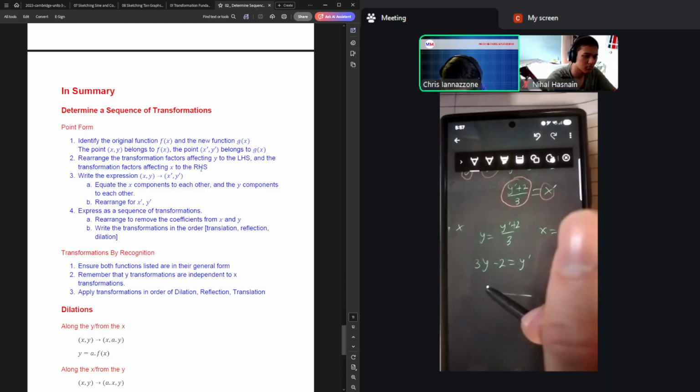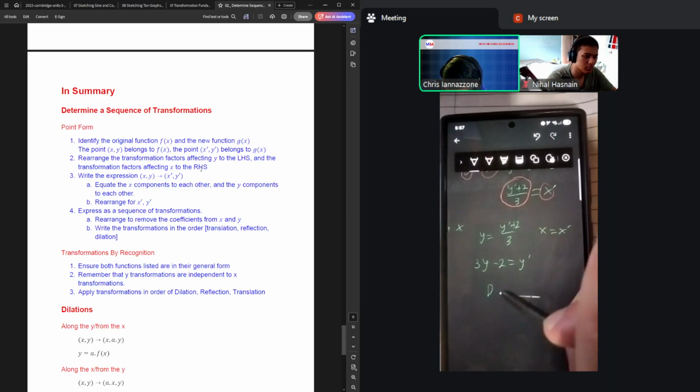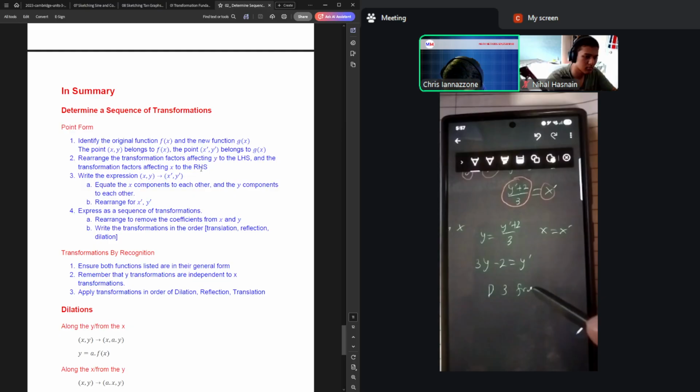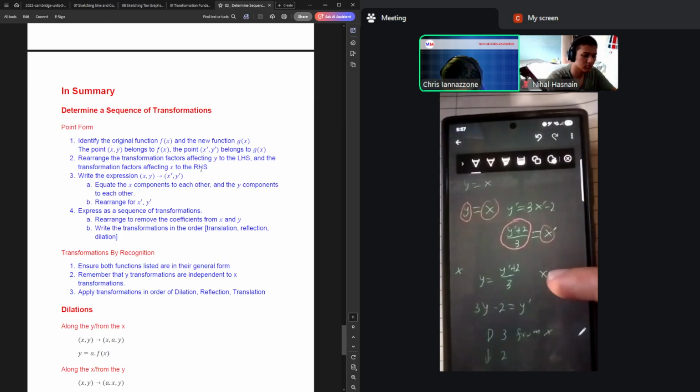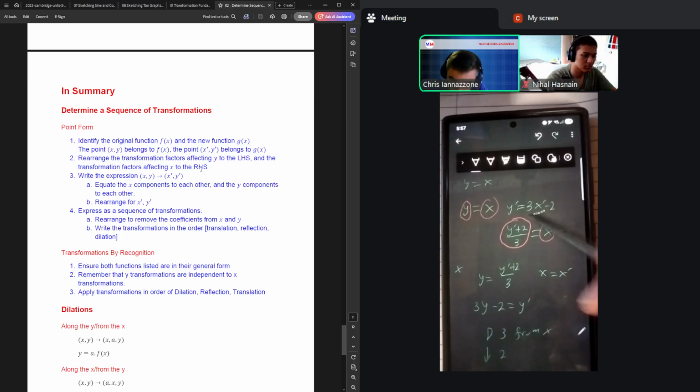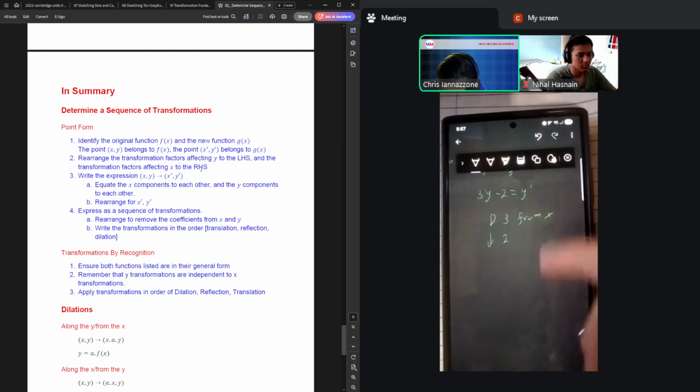So in this case it is a dilate of 3 from x or along y, and a translate down of 2. So when you said the 2 factors, you were right in the sense that those are the things that are involved. A shift down by 2 and a dilate of 3 is involved, but the order in which you do that matters. To highlight that,